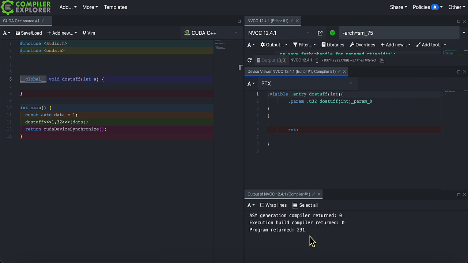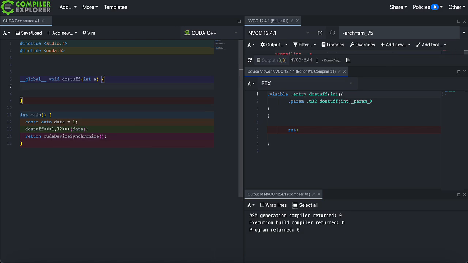Compiler Explorer is a free service. It doesn't have infinite resources to run our code, so sometimes the GPU is busy with running somebody else's code. The trick to overcome this is just to run it again, and then hopefully we will see 0, meaning that all ran successfully, and we'll be able to see the output of our code. Let's put some code in to detect duplicates in a range of data.